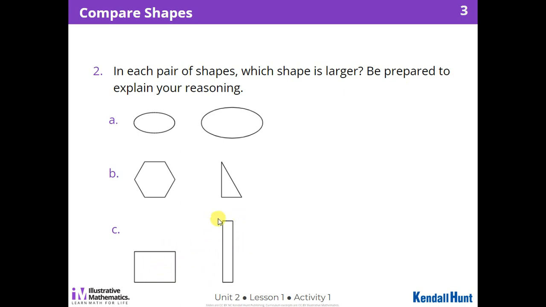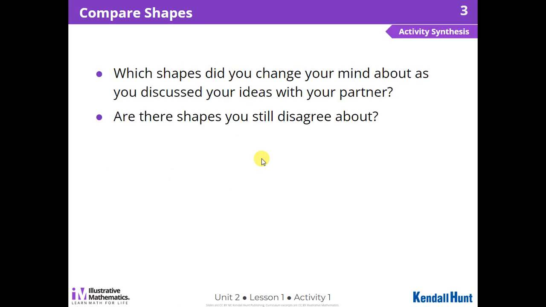So they can make any such figures to prove their answer. So we want to add these interactions. The next question: which shape did you change your mind about in the discussion? Oh, this is about the discussion that we do in the classroom. So I think we have to add some sample responses that the student can tick from, like which shape changes